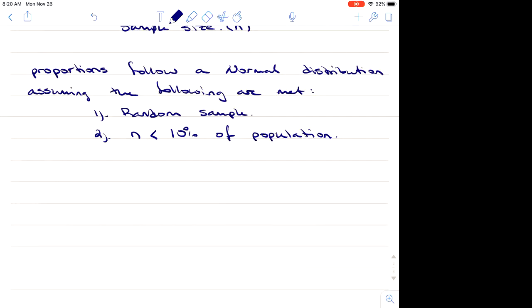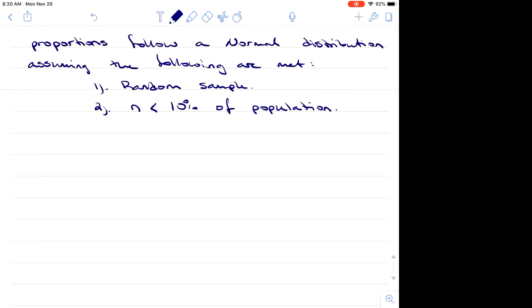So these 2 points, you would just argue either they're given to you in the question or we're assuming these things, right? So then you would just say it's reasonable to assume that a sample size of 600 Americans is less than 10% of the population of Americans, for example, right? So the third thing that we check,